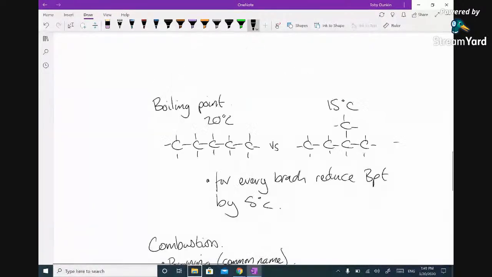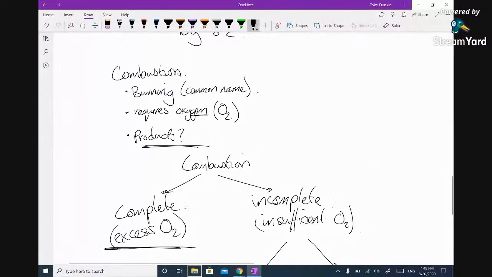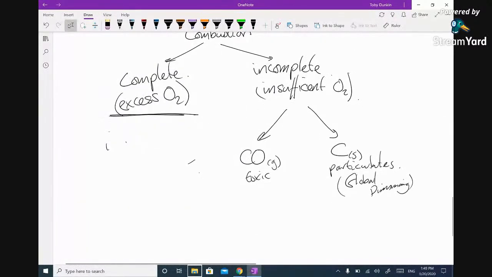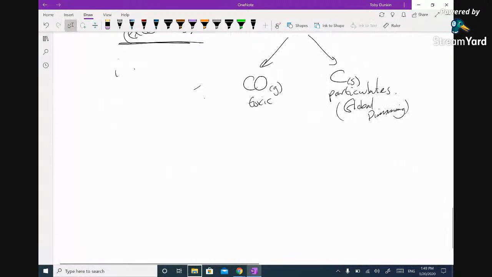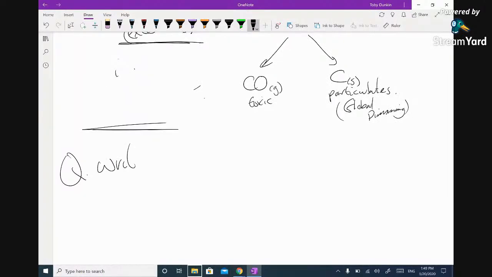When they ask you for these questions in the exam, they're going to be really specific. They're going to be giving you questions similar to this. Write the equation. You now all know, of course, that word equations are dead at A level. Don't even bother. They're dead. Write the equation for the incomplete